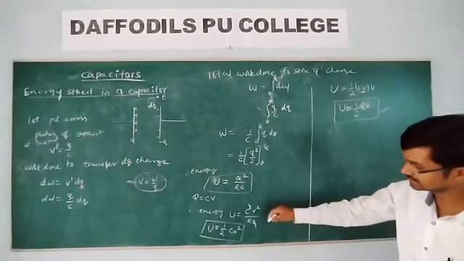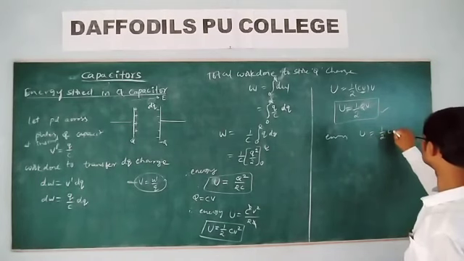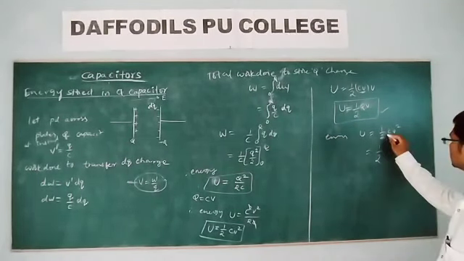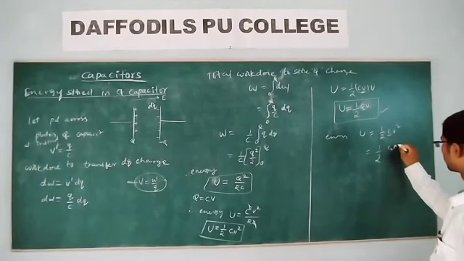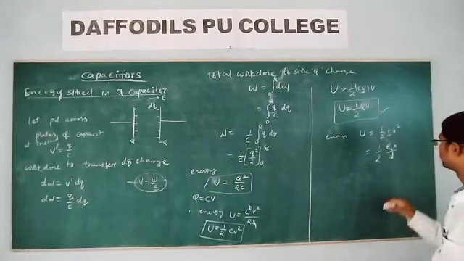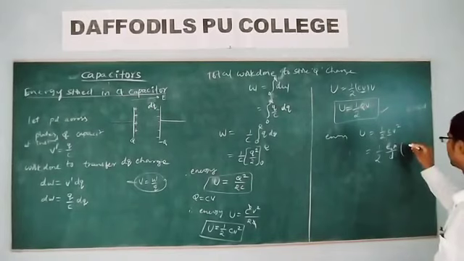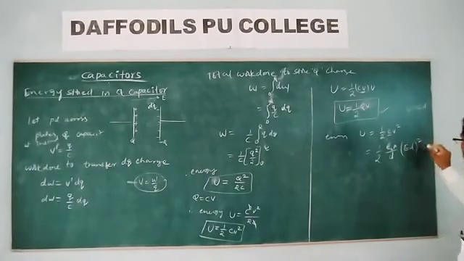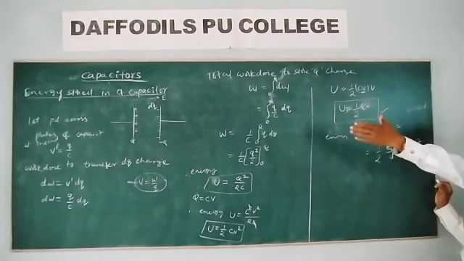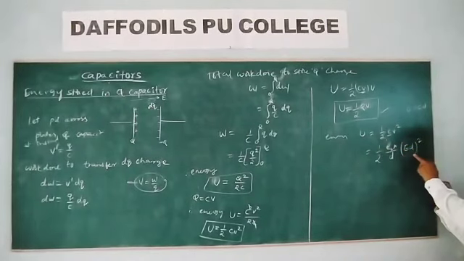What would be the energy in terms of this? Energy is equal to half CV squared. But let me write it here. For a parallel plate capacitor, C is epsilon naught A by D. Whereas V is equal to E into D, since E is equal to V by D. E is the electric field and D is the separation between the plates. In between the plates of the capacitor, we have electric field E. Then V is equal to E into D.